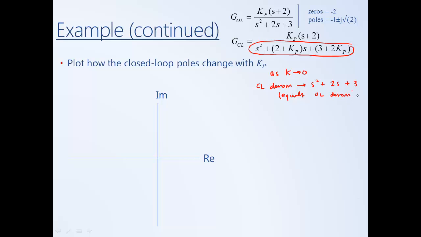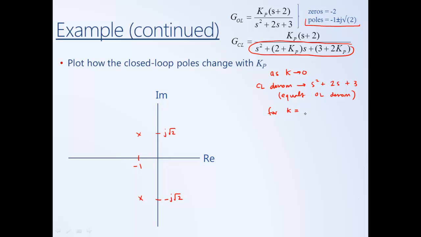Which is interesting. Okay, so if we wanted to plot the closed loop poles for k equals 0, or as k approaches 0, the closed loop poles approach the open loop poles, where we had found that the open loop poles are -1 plus root 2j and minus root 2j. Then as we